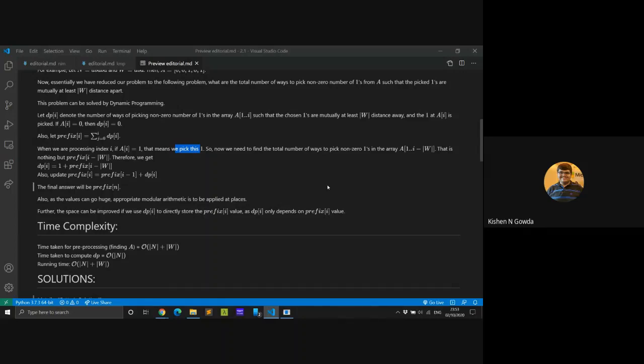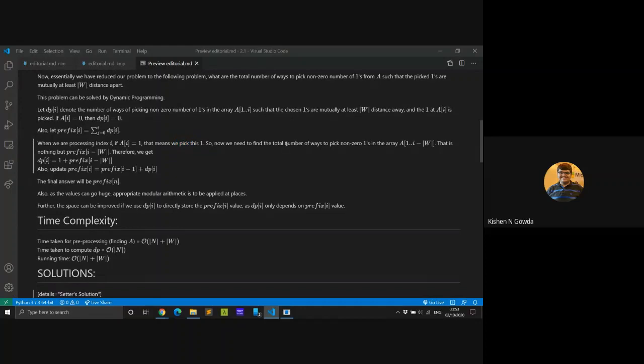This is going to be the number of ways to pick non-zero number of ones in the array A1 to I minus W. Why is this? Because as we pick the one at index I, we cannot pick any one present in indices I minus 1, I minus 2 and so on till I minus W plus 1. Is this okay? Because if we pick up any other one from there, this one at I is overlapping with that, and that is not what we want.